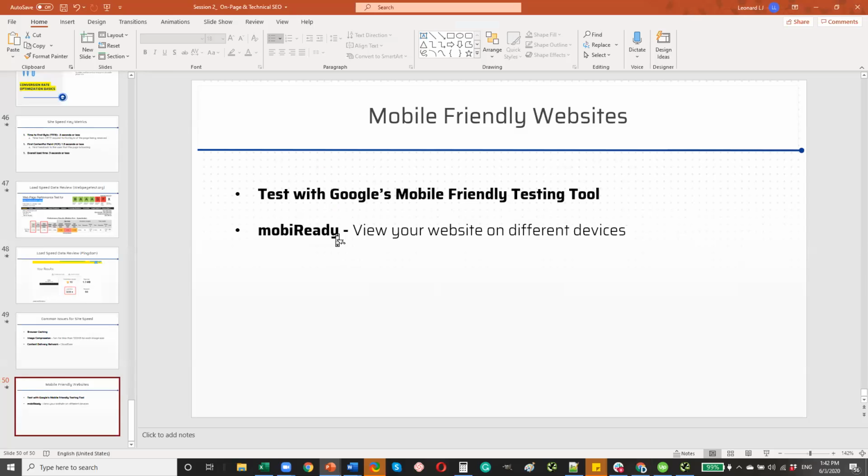Now the second part here, I use a tool called Moby Ready. Unfortunately, it looks like it's down today. But another great way to do this test is more of a qualitative check. If you have an iPhone, just manually check your site from time to time to make sure that everything is aligned properly, like the images look good,